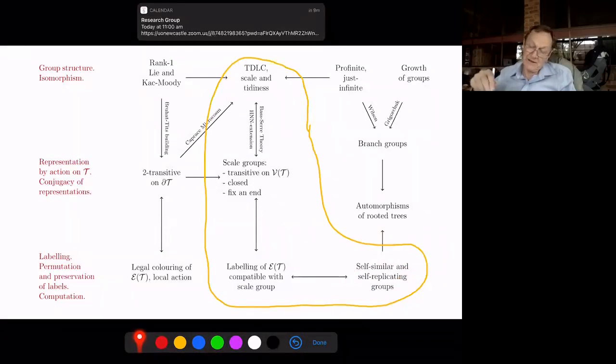Now, I haven't said anything about the other parts of the diagram, but let me just say briefly,